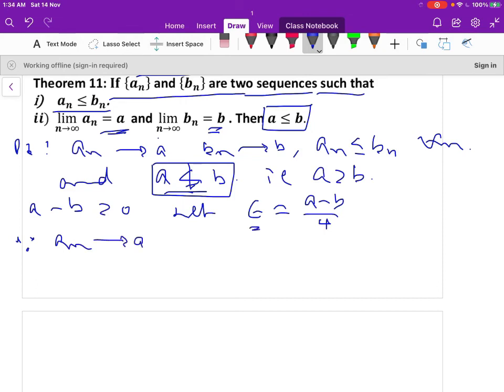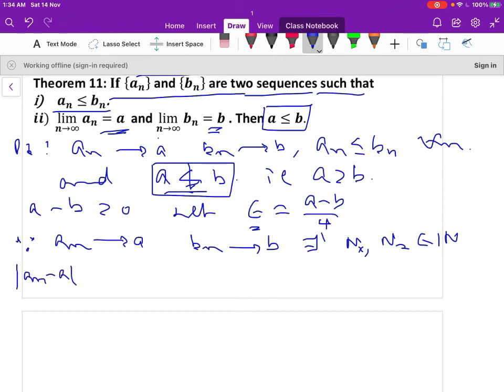Since an converges to a, where epsilon is arbitrary, I choose a minus b by 4 as epsilon. Since an converges to a and bn converges to b, then there exists n1, n2 belongs to the natural numbers, such that